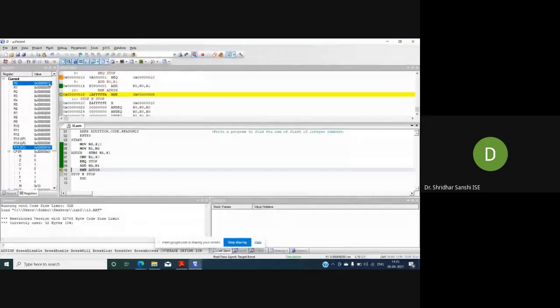How do you convert this hexadecimal 13 to decimal? 1 into 16, 16 plus 3, so 16 plus 3 is 19. So 10 plus 9 is 19. That's why the content of R0 is hexadecimal 13. Any doubt here?